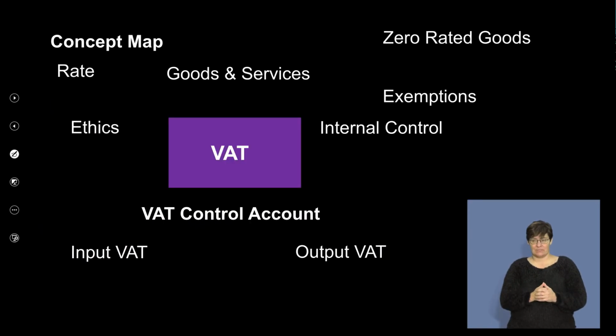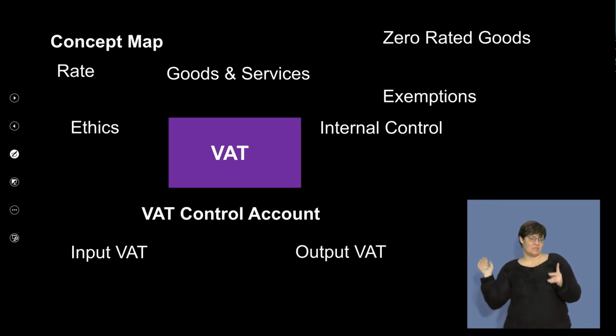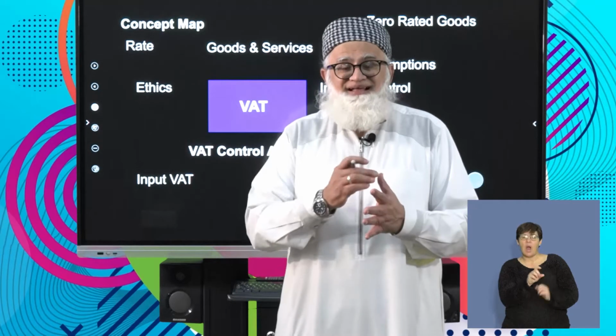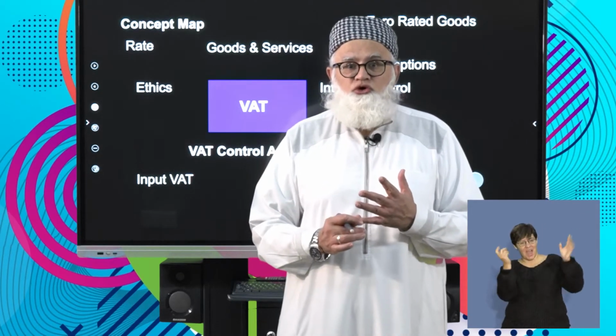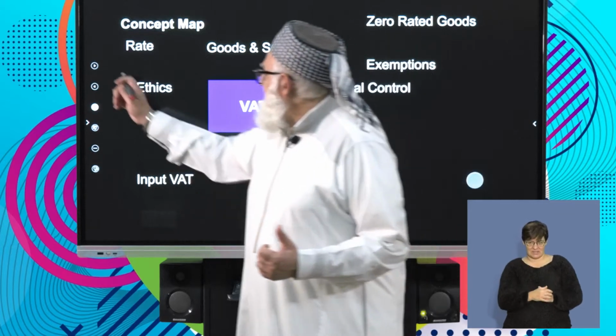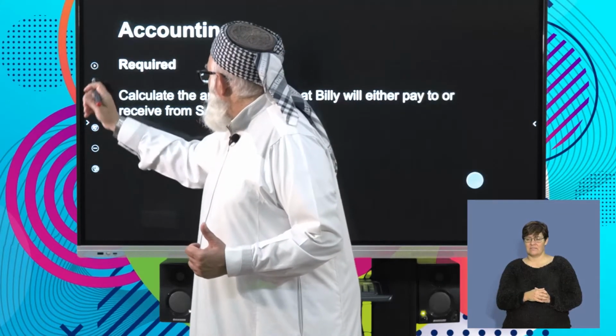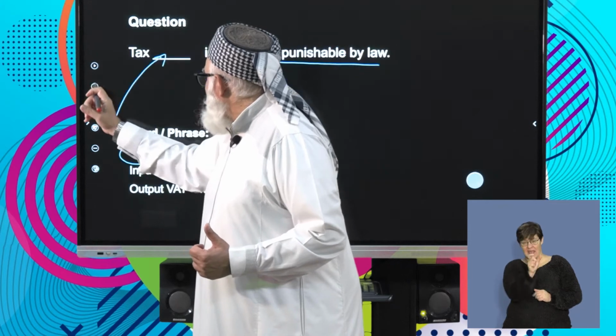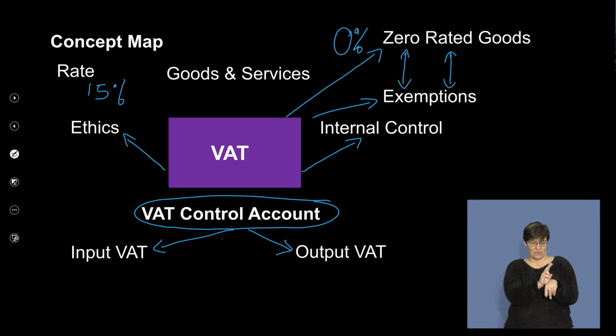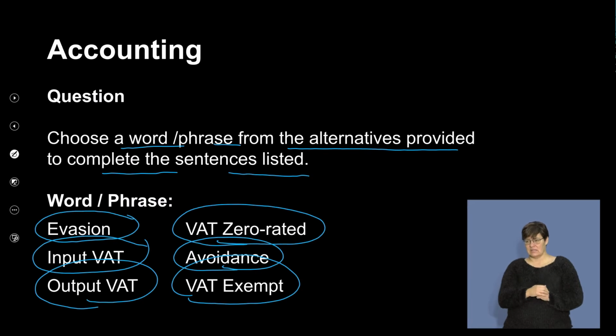The next item we have here is a summary once again of all the aspects that we have covered. Quick recap. I think that question actually gave us the key points that we needed to take cognizance of. If we can just look at those questions, those phrases again, it will give us a clear overview of our section. Here we go. We discussed evasion, input, output, zero rated, avoidance, and exempt items. Okay, so if we have to summarize this segment of our lesson,